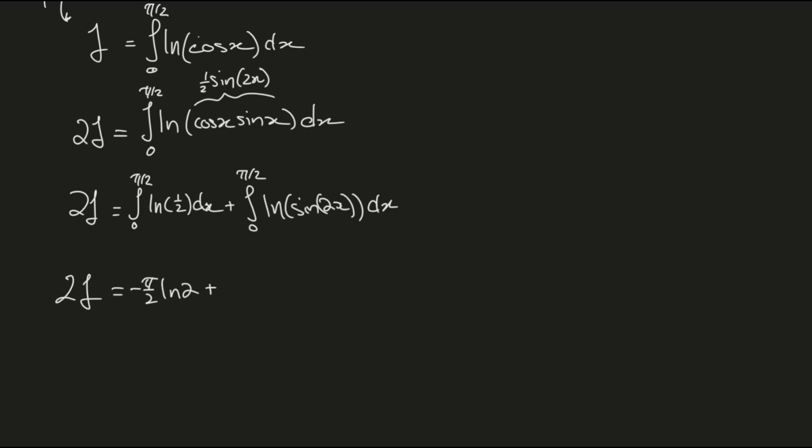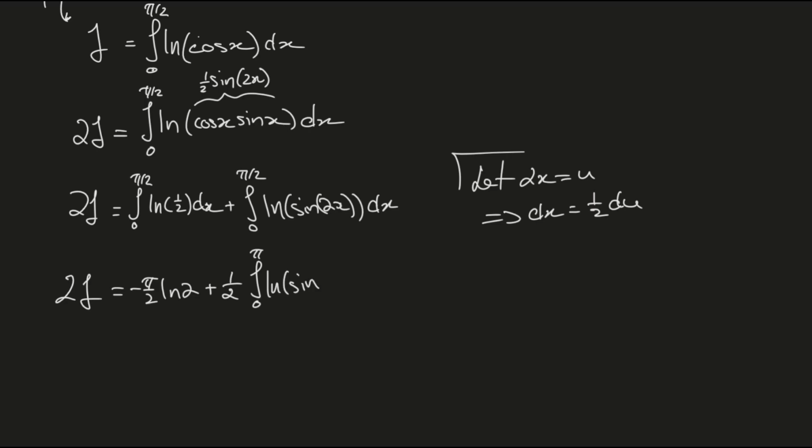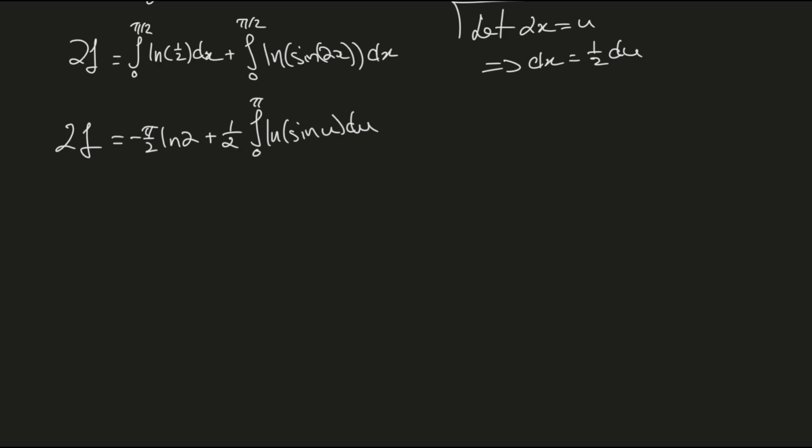Then here, I want to perform another substitution. It should be pretty clear. I'm going to let 2x be equal to u, which implies dx is 1/2 du. So we have 1/2 out front, integral from 0 to pi of log sine u du. Now I'm going to do two things. I'm going to multiply by 2 on both sides just to get rid of these denominators. So we're going to get 4J equals negative pi log 2 plus